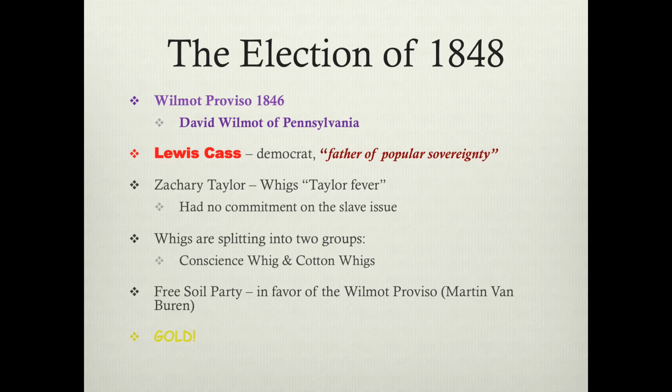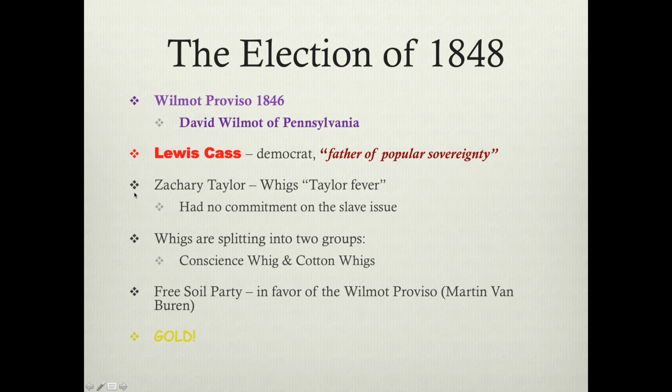It seems like an easy fix. Just let the people decide. But there's too many people now growing in the North that don't want slavery. And they don't want it just to allow Southerners to spread to all these new territories and then allow them to vote, because you know they're just going to vote for slaves. So Northerners are going to start pouring into these territories as well. And that's really what's going to be a major, major catalyst. Northerners and Southerners pouring into these new territories, trying to vote to make sure that the state goes either slave or free. It's going to be a major catalyst of the Civil War. This becomes a terrible, terrible idea of the 1850s.